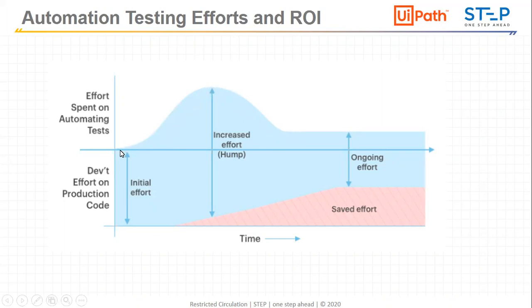So on the first day when we are starting with the automation scripting, or our automation developers are starting the scripting, we will not achieve that ROI, because we need to script, we need to test that script, and we need to see which are the feasible test cases for scripting. So planning needs to be done, the strategy needs to be done, the scripting needs to be done. After that, the ROI will come into the picture. So this peak is related to the efforts while we are doing that automation testing, and then it will be the ongoing efforts.